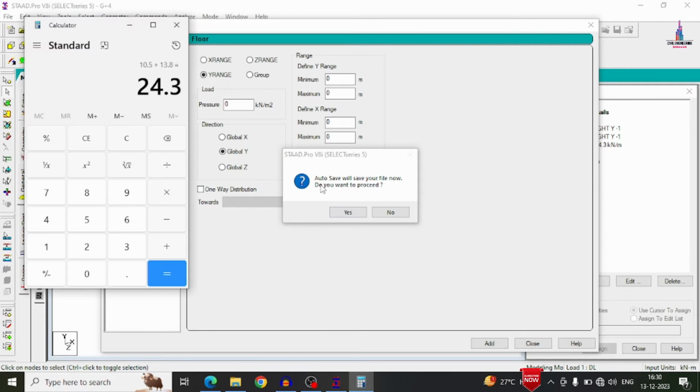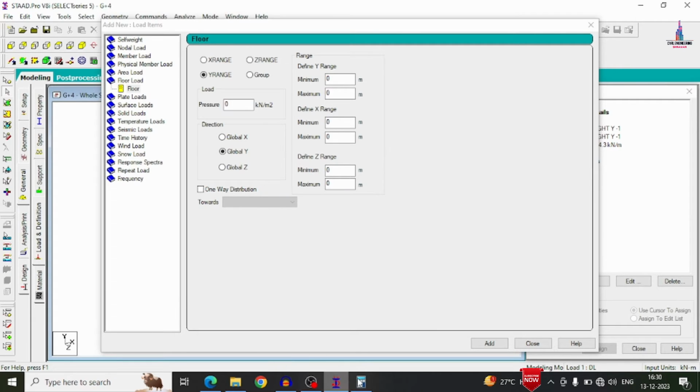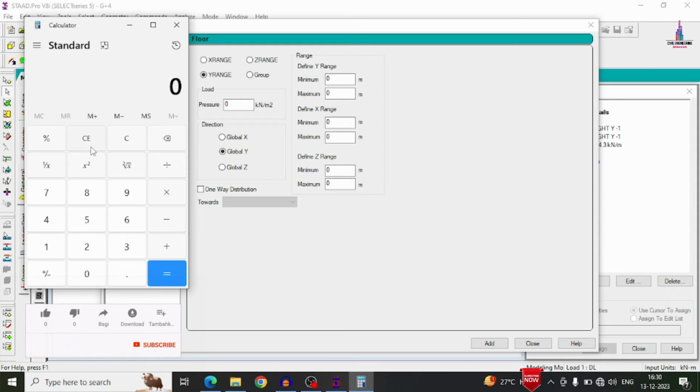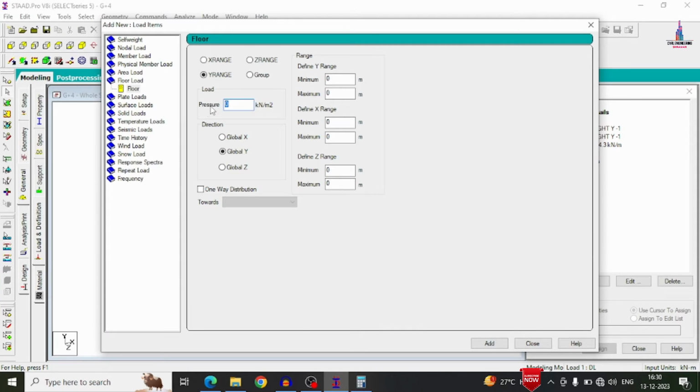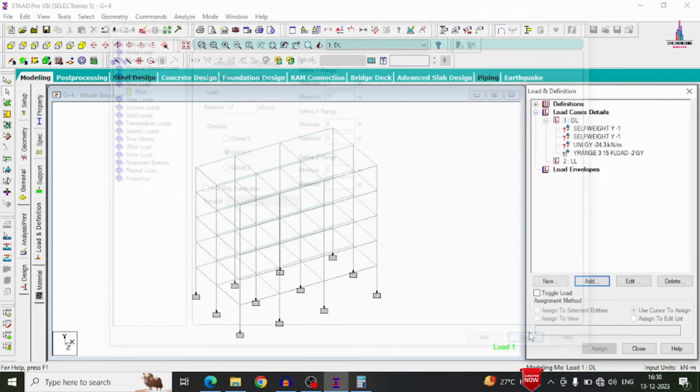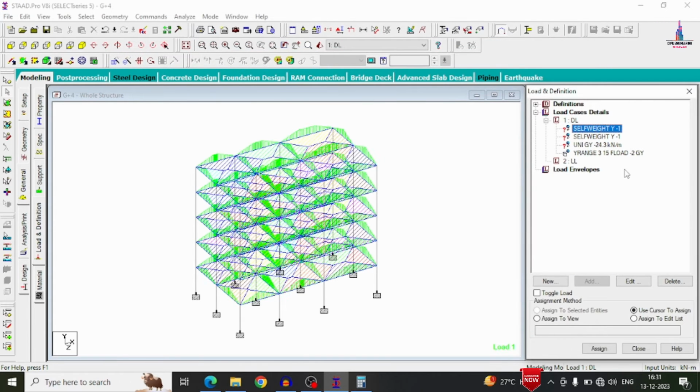Then after that, we have to calculate the floor load, which is related to marbles and tiles existing on the slab section. For that, we have to consider the thickness of the floor, which I am considering here as 0.1 meter. I am multiplying this value with the unit weight of the floor work, so we get a value of 2 here. So we have to consider the pressure value as minus 2, acting at a distance of minimum 12 as well as 15 meter as the height here. Click on the add option. So this is the process of applying the loads for the dead loading condition.